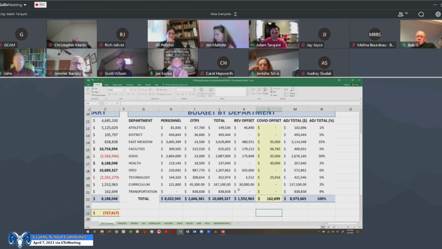And I will say, right now I know what the cherry sheet says, but based on the amount of seats that the school committee approved to open up, I'm basing my revenue projection on $666,000. So it's not too far off the cherry sheet, and that amount obviously could change based on a number of factors. Thank you. You're welcome. And I can also send all of this backup information to everybody as well.